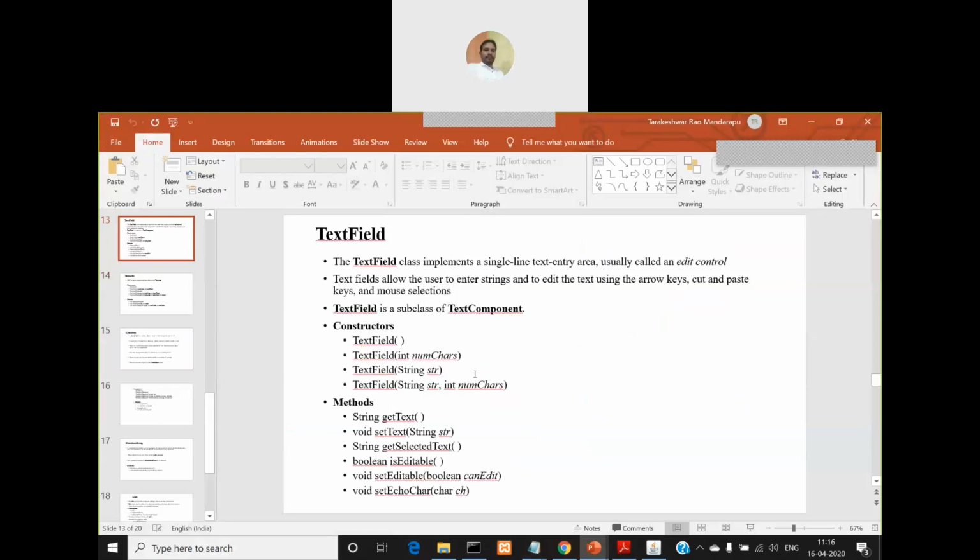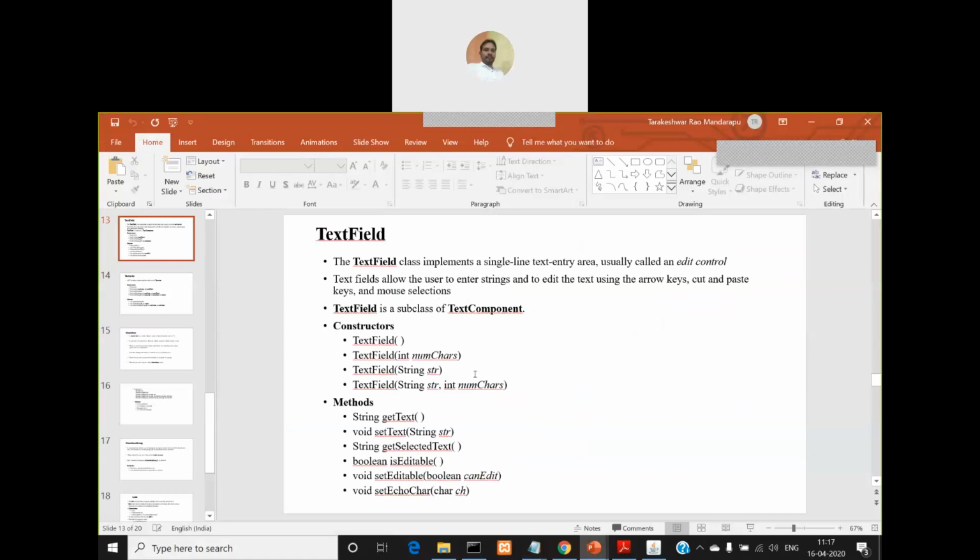4 constructors are there. The first one is a default constructor which does not receive any parameter. So the text field that will be created will have a default size, because we are not specifying the size of the text field, and we are not giving any default string to be displayed in the text field either. The second one has one parameter. This is the one we used in our previous program, with one integer parameter, that is the number of characters.